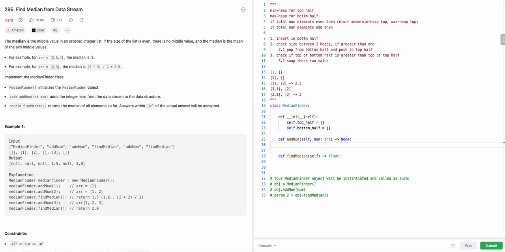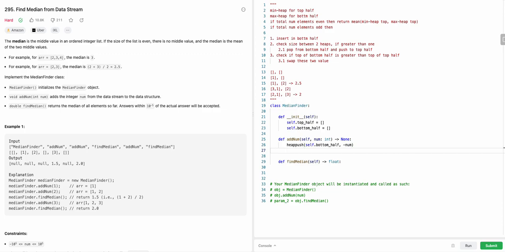So now adding, basically we can do a heap push in the heap, and the element that we want to push is negative of num. This is just the Pythonic implementation: for a max-heap we have to push the negative value because Python always implements a min-heap. And then